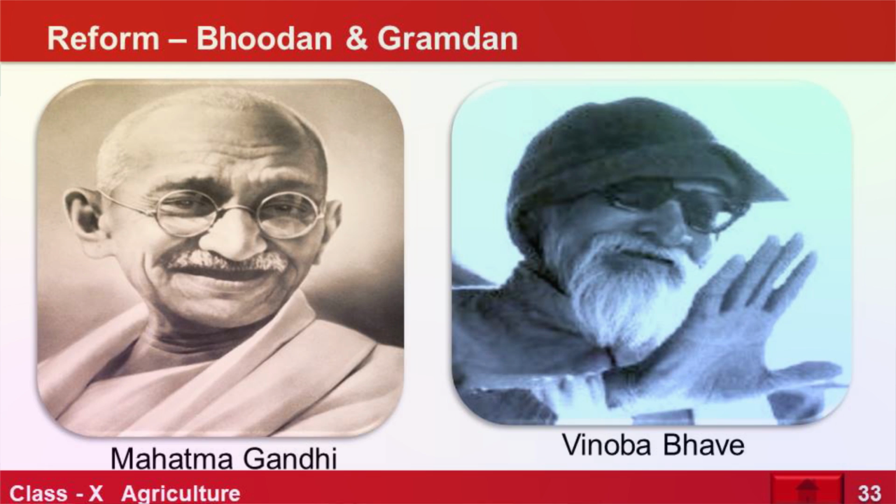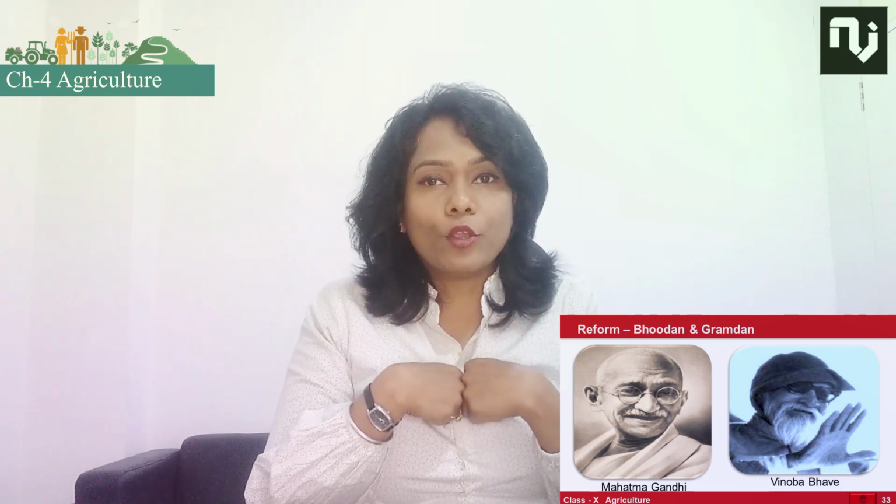He was a spiritual heir of Mahatma Gandhi. He was so popular because he was following in the footsteps of Mahatma Gandhi. So he used to visit many villages and demand, please donate me your land. He was of such a high rank and a saint-like person that the zamindar of that particular village would donate their land, and he would transfer that land to the poor people of that village. This way, wherever he went, he looked for Bhudan and Gramdan.